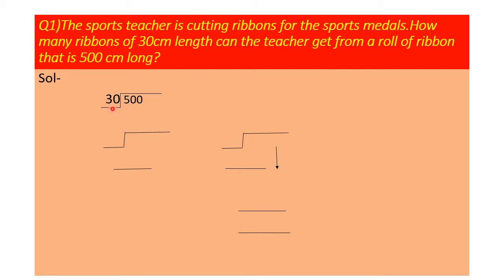Let us also assume that 30 multiplied by 1 is 30 and 30 multiplied by 2 is 60. Do we need 60 for the number 50? No, we don't need that. Here we cannot take 5 all alone, we need one more digit, so I have taken 0 also. So 30 ones are 30, 30 twos are 60, so we will go with 30 ones are 30. I have written 30 ones are 30 and we are left with 20.